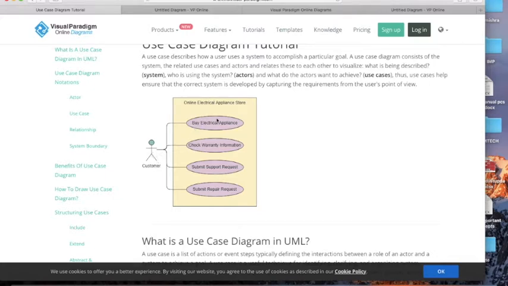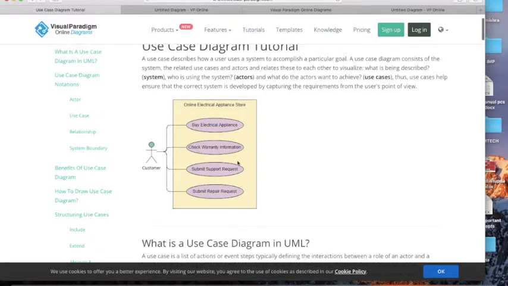So the customer wants to buy the electrical appliance, there is an association. Check warranties, these all associations are present between the actor and the use cases of the overall system. The overall system contains only these use cases. The actor is not part of the system. Now see, this actor is associated with this overall system.